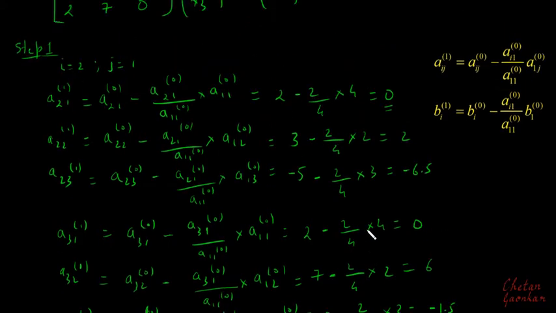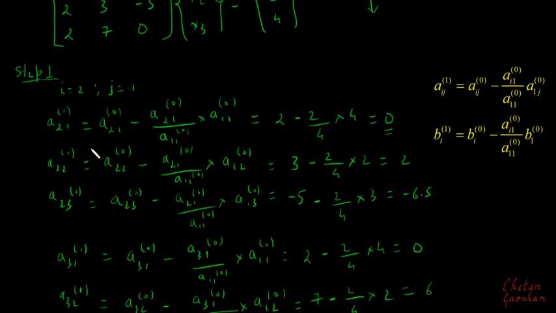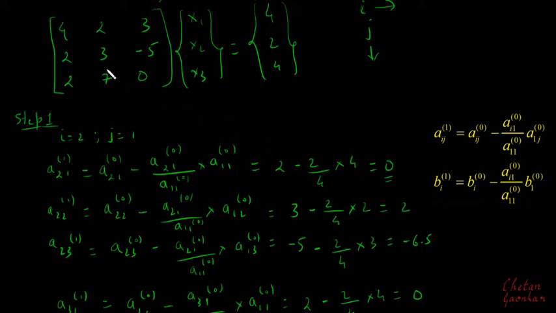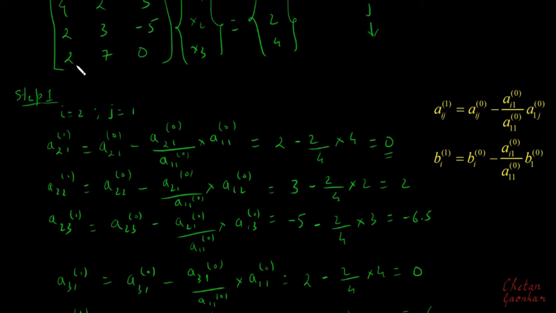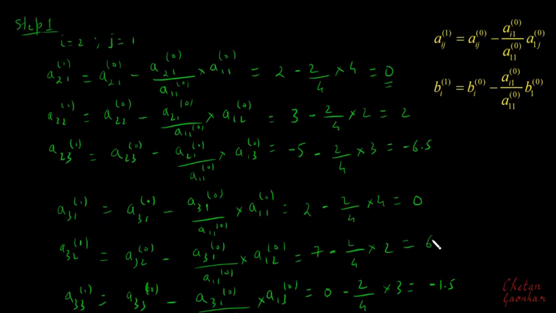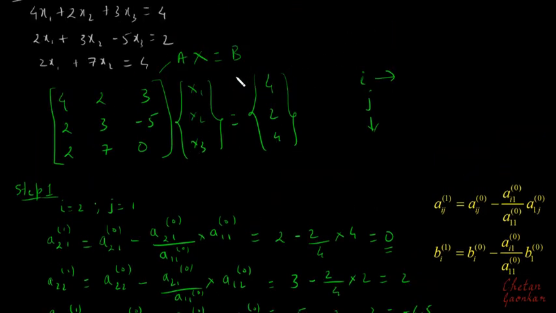So I have been able to find all the new values of this row and this row. Initially these were 2, 3 and minus 5, but now after doing this operation I will get this as 0, 2 and minus 6.5. These were originally 2, 7 and 0, but now I will get them as 0, 6 and minus 1.5. But now since we have done the operation on this, we have to do the operation on this